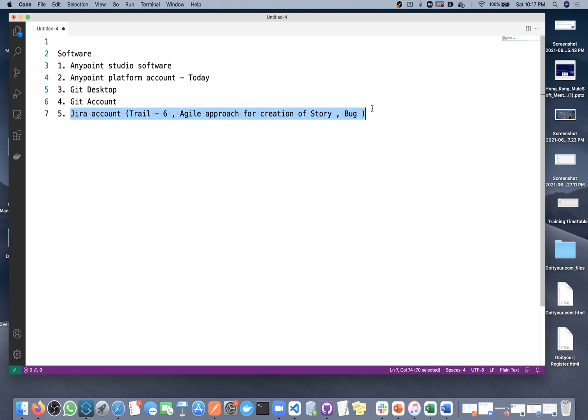So I need only 5-6 accounts. So 2-3 persons can create an account, or maybe everyone can create an account for your own learning, but I will take access of 2-3 accounts, and we'll discuss on top of that. Okay, fine.